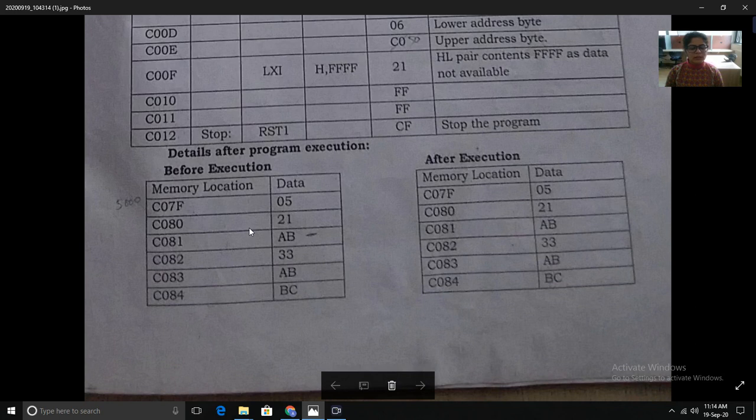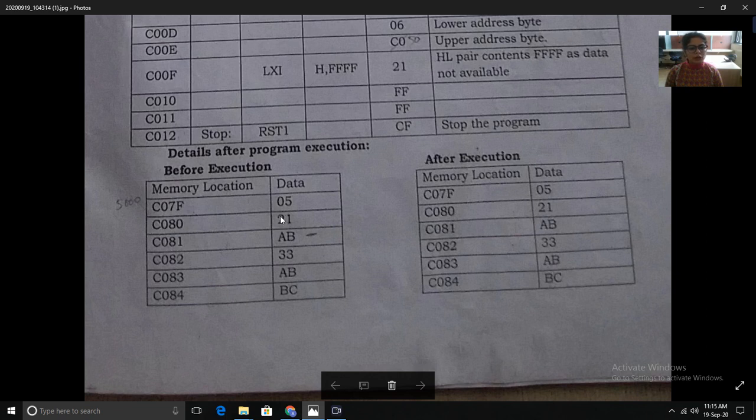How will this search happen? We have to search for the data AB. First of all we store AB somewhere, then we compare AB with all the variables, and wherever we find AB, we write the address of that memory location into the HL pair. So this is the length of block.